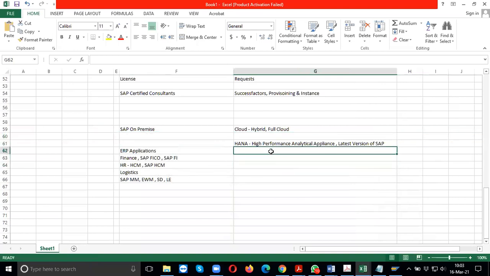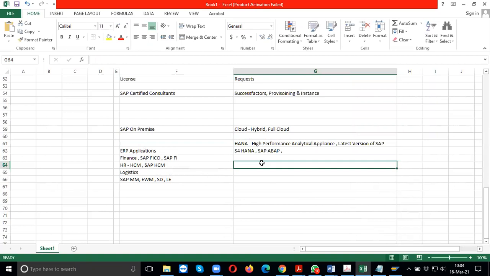So under this, you will get details about S4 HANA, or you might get SAP ABAP. I see all these terminology, but don't understand what they are. No, it's okay.